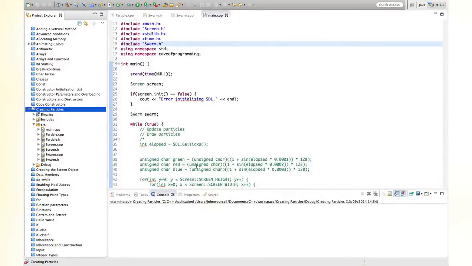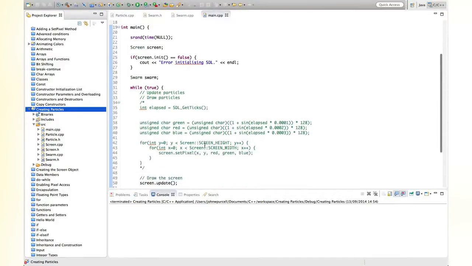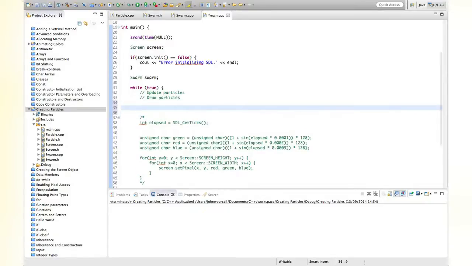Okay. So now let's see if we can plot that collection of particles with their random positions. They won't move at the moment. We can maybe do that in the next tutorial. Quite exciting, but we can at least plot them so we have something that looks sort of like stars. So what we need to do is loop through all the particles. Let's say for int i equals 0,